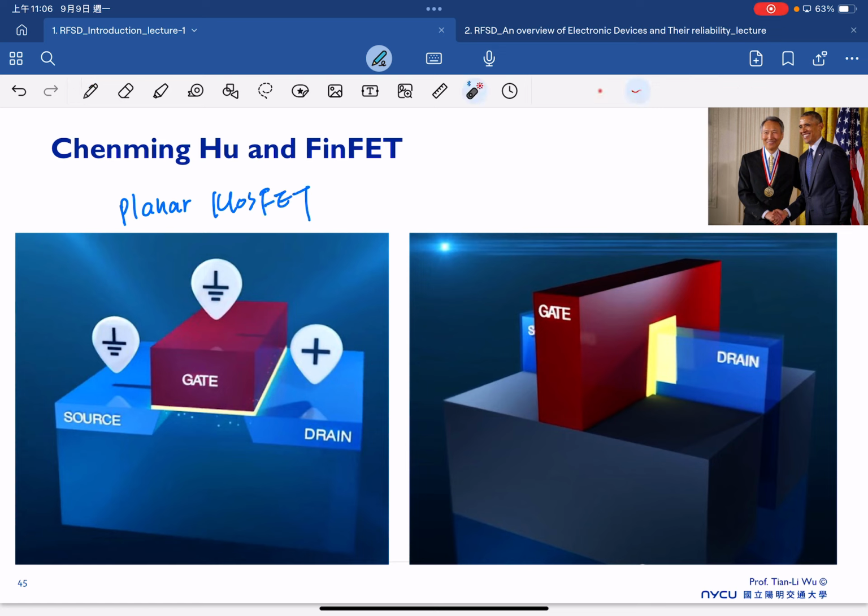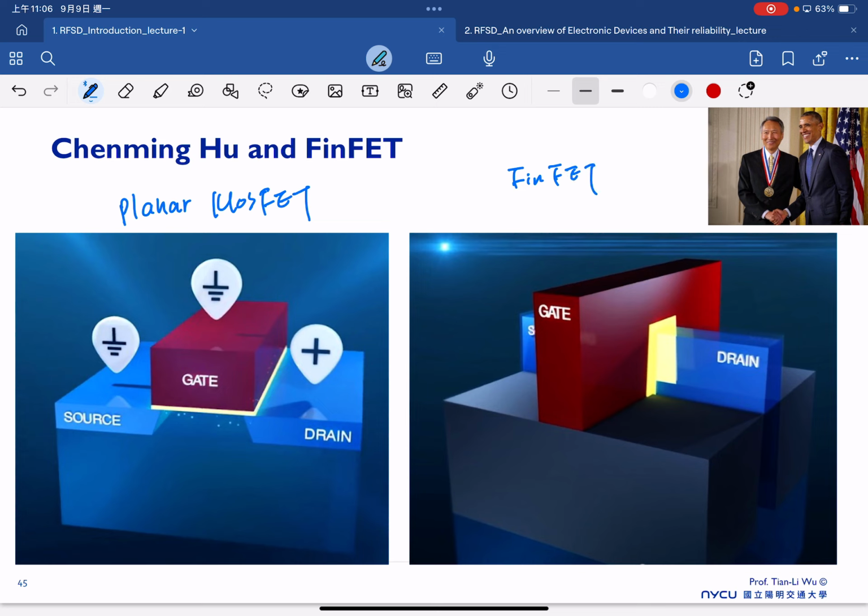We have already talked about how the planar MOSFET operates. We give the bias on the gate side, and we give the bias on the drain side. You start to have an inversion electron layer here, because this is positive bias, so your electrons can move from the source to the drain. It becomes the current. But the problem is that we start to suffer from tunneling current due to the very short channel length, and therefore we start to consider the